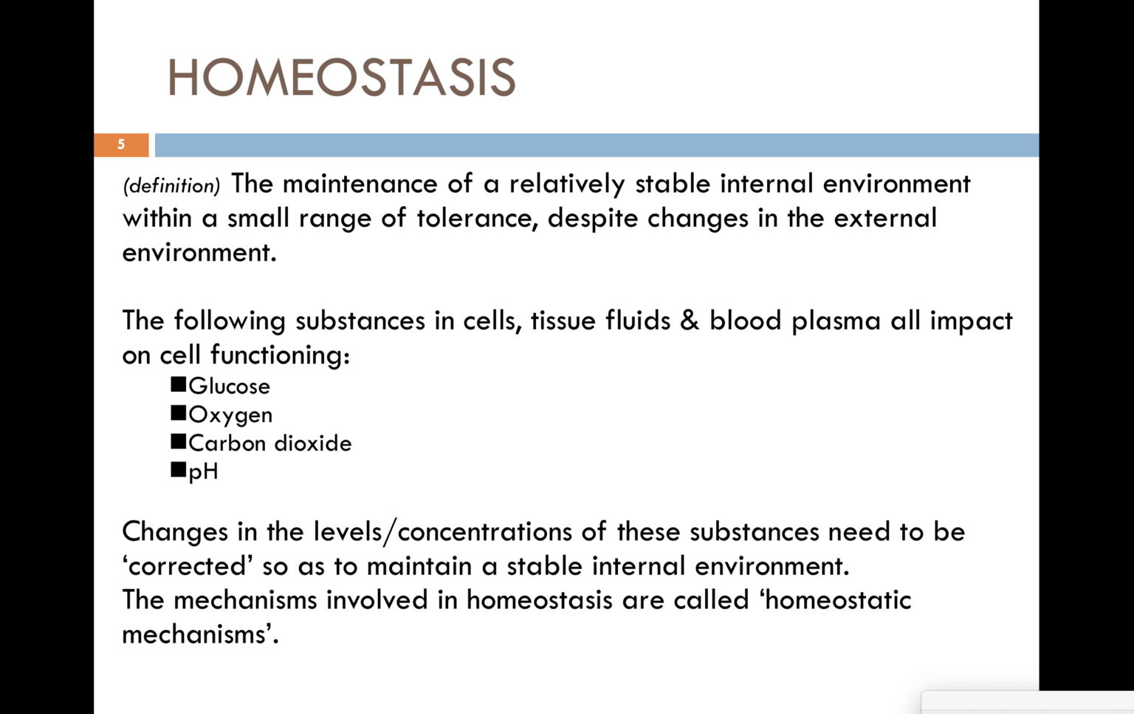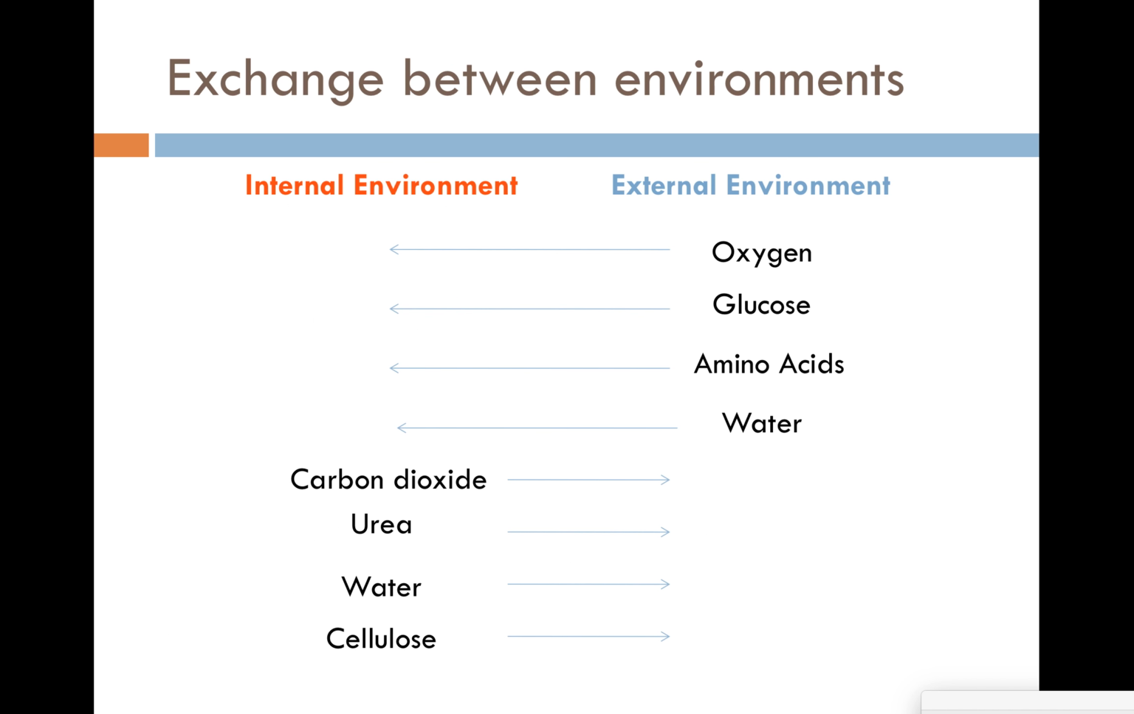So the next part of what we're going to learn is how we actually do keep these balanced. So we're going to talk about different homeostatic mechanisms. All of this is getting to where we understand how we're going to, for example, take glucose from the external environment into the internal environment or back the other way, and also make sure we're removing our waste products. So we're constantly exchanging molecules from inside the cell to outside the cell